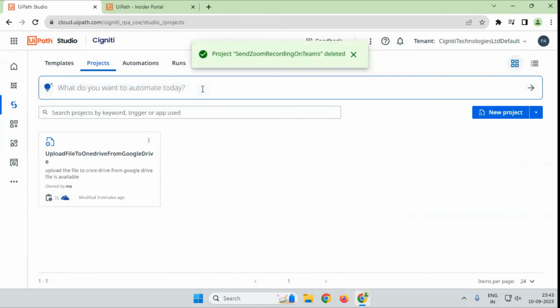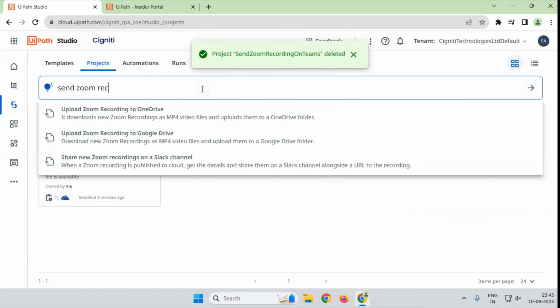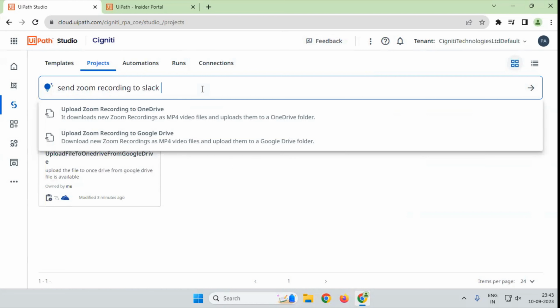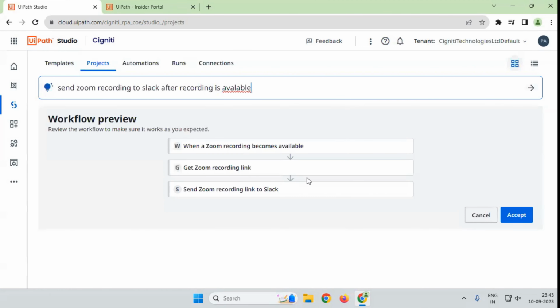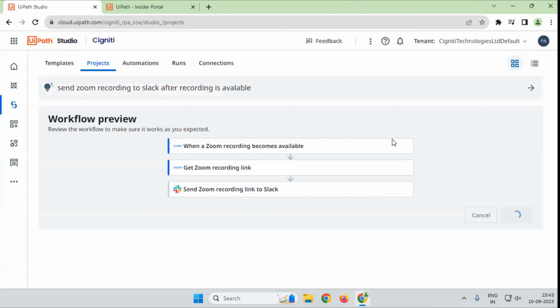Let me write, send Zoom recording to Slack after the recording is available. Click on enter. Even spelling mistakes are fine. So here is our Slack. When you click on accept,